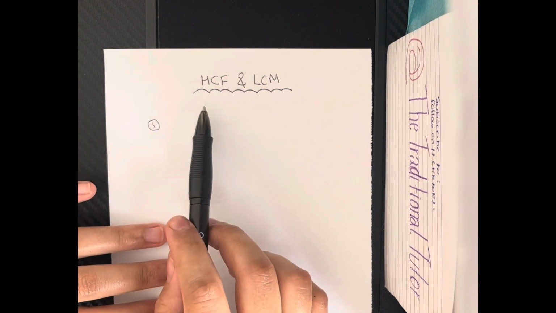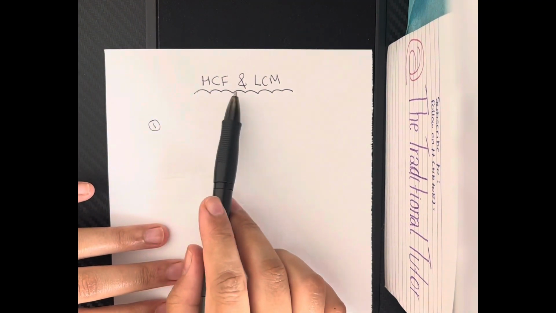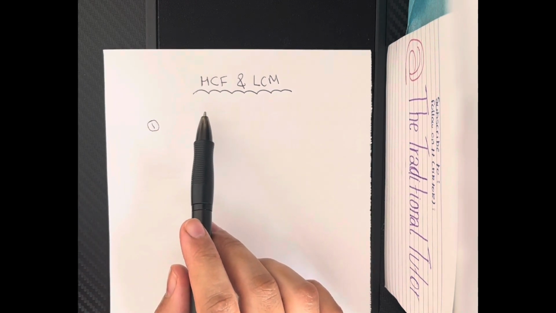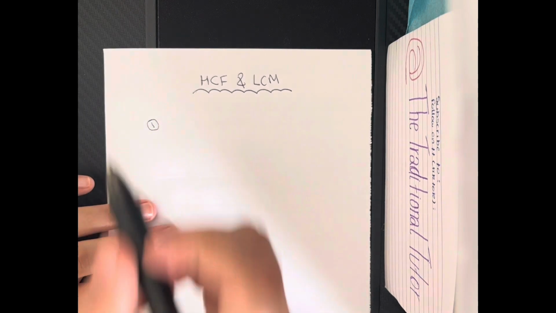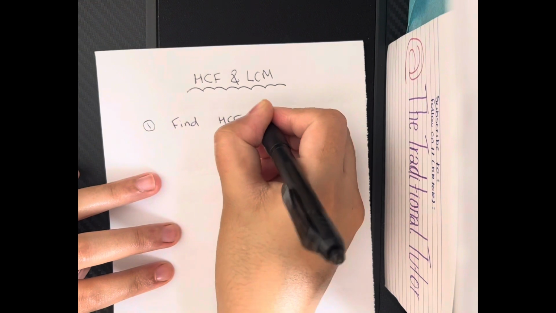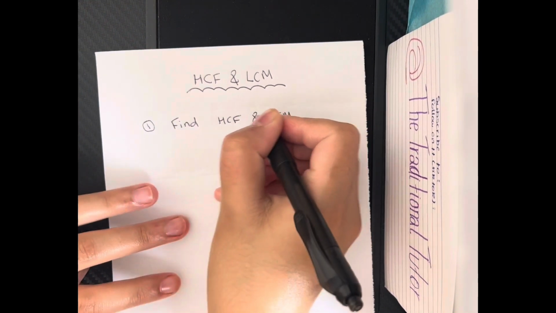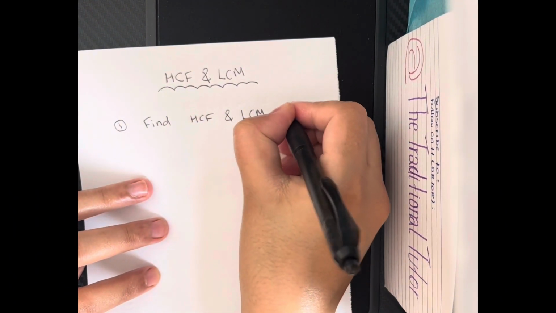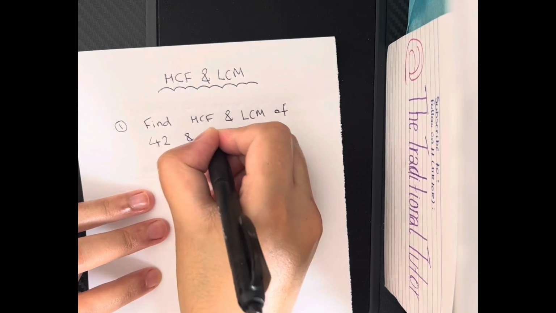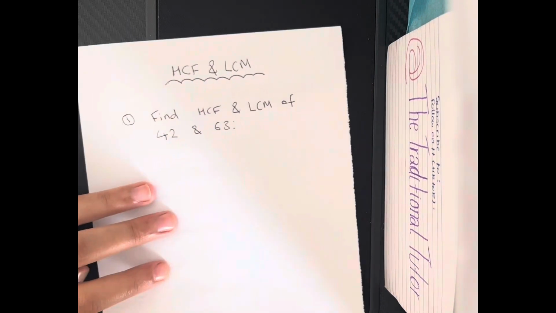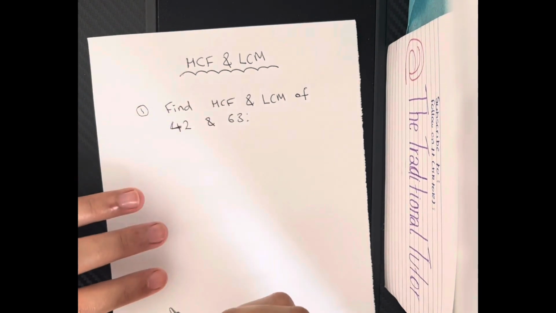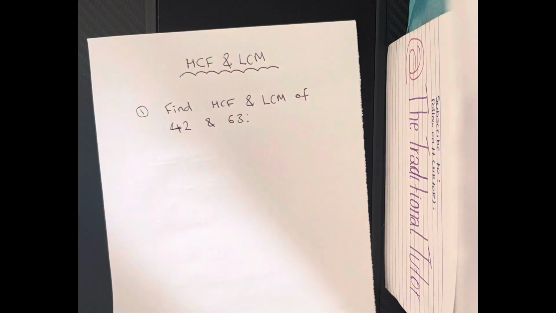Okay, so now we'll take a look at some examples of how to find the HCF and LCM of 2 numbers by using prime factor decomposition. Okay, now let's take a look at example 1. So find HCF and LCM of 42 and 63. Okay, now both of these numbers, 42 and 63, we've looked at in the previous example,